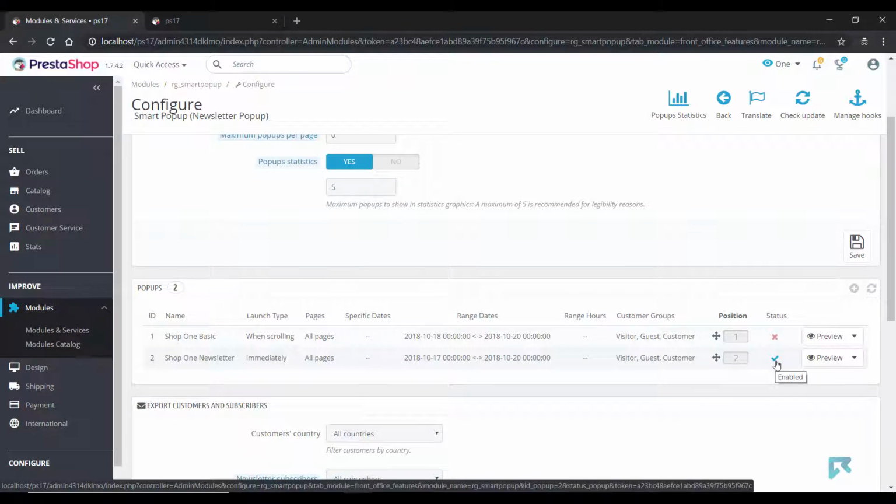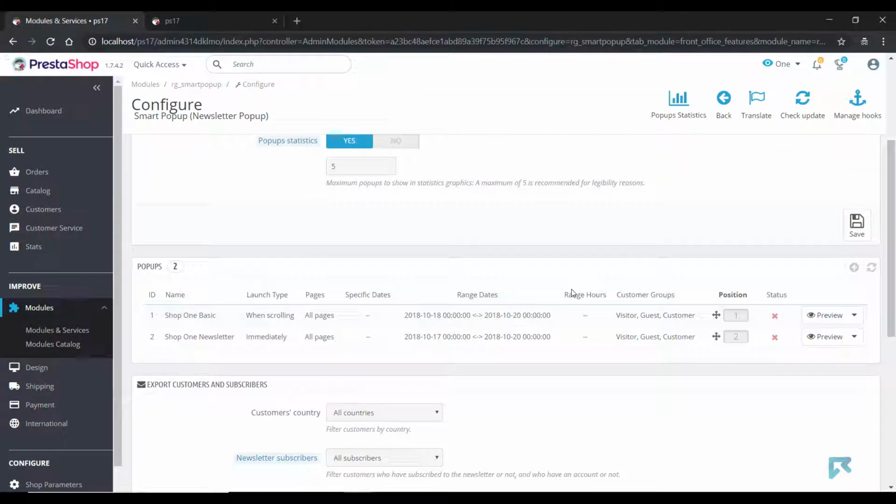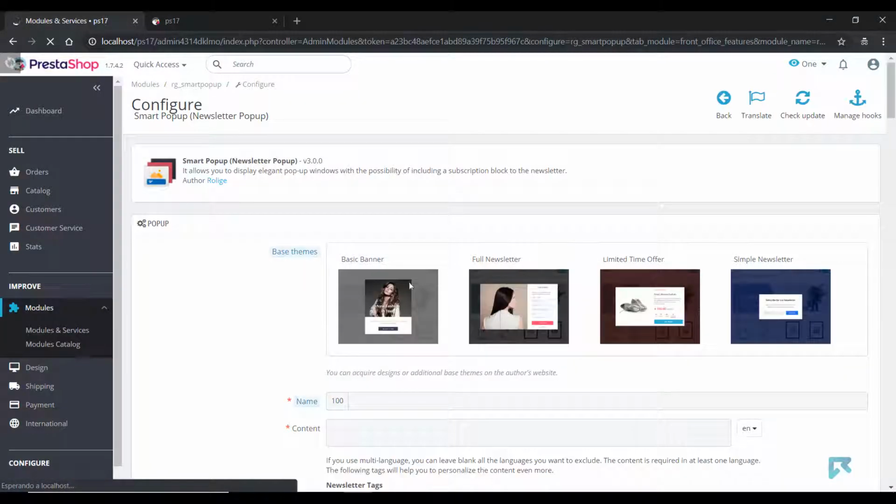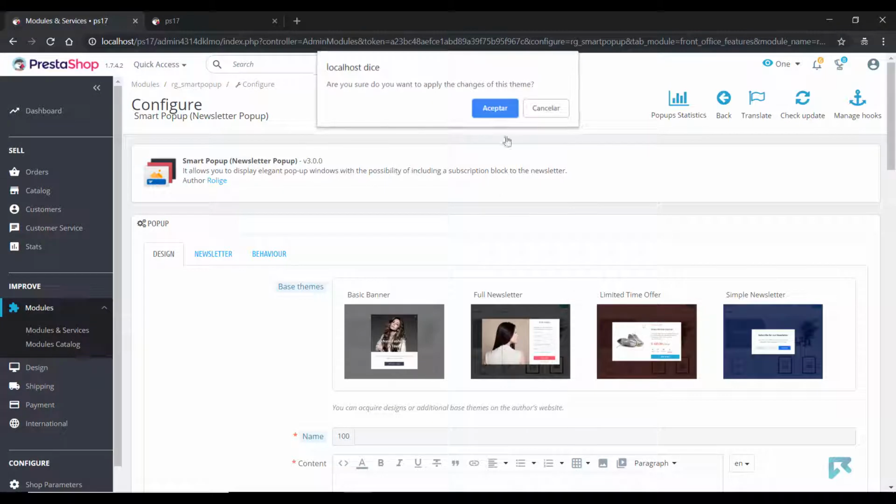Let's disable this pop-up and create our third example. We will use the limited time offer based theme.